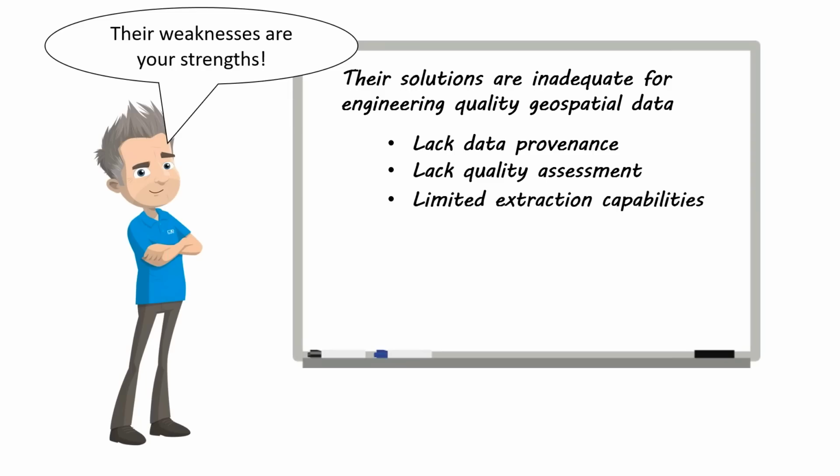Your limited extraction capabilities. Look at all the tools, hundreds of tools. Look at the time you guys invest in extracting accurate models and topographies and vectors and features. You can't just throw your point cloud over the wall and let them do it. It doesn't work. To people that you don't know, you don't know what qualifications they have to do that. It limits your modeling capabilities. They can't model really because they're basically working in